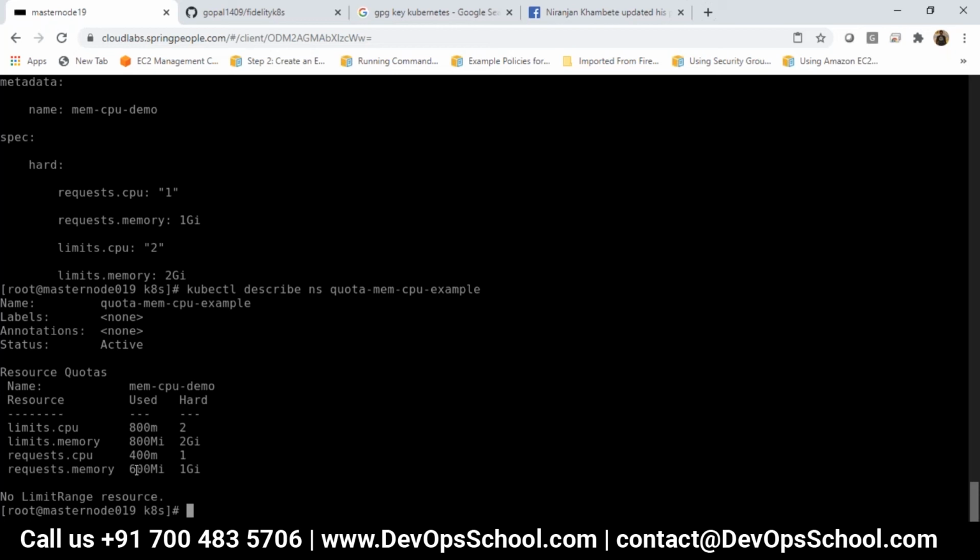Inside that namespace, I am putting a maximum, so that particular namespace should not use more than 2 core processor and 2 GB of RAM. That is one limit I have put.